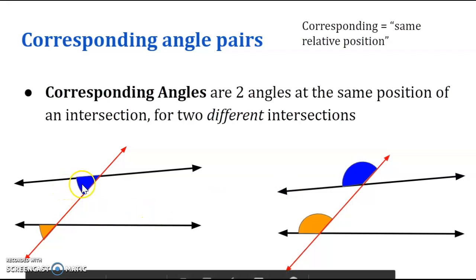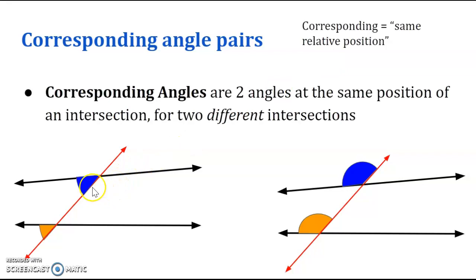And so this blue angle and this yellow angle are corresponding because they are in the relatively same position. Okay, so corresponding means same relative position. So in this intersection, this angle is on the